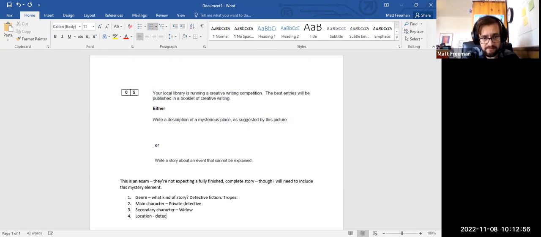And we're going to have the detective's office. Now, I'm also going to start thinking about atmosphere. My atmosphere is going to be quite manky, for want of a better word. The weather's going to be quite bad. So it's going to be run down, bad weather, grey and grimy. That's what I'm going for here. This is my atmosphere. I want things to be falling apart a bit at the seams, sagging. I want it to be raining outside, maybe neon lights, that sort of thing. I'm very much trying to conjure up this atmosphere.